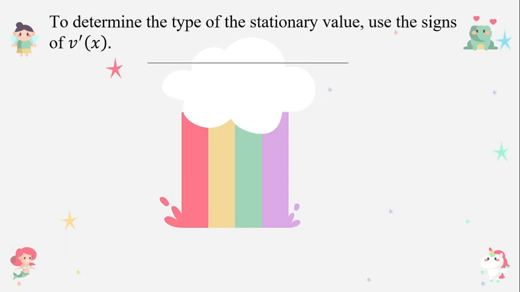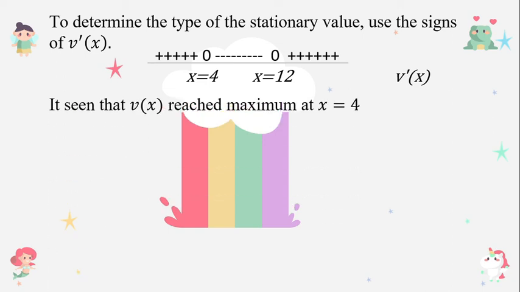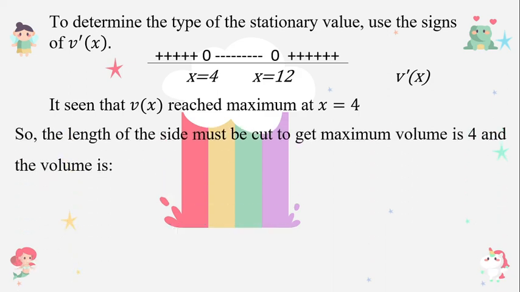To determine the type of the stationary value, use the signs of V'(x). So we get the sign positive, then negative, and then positive. It seems that V(x) reaches a maximum at x equals 4,